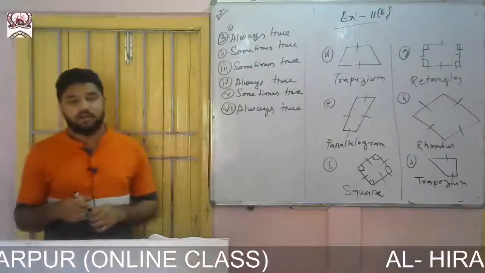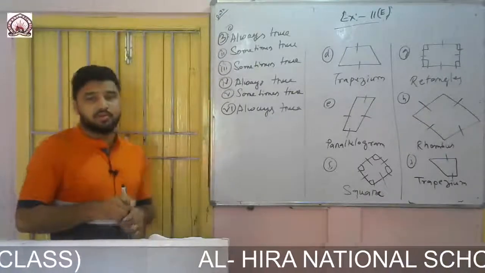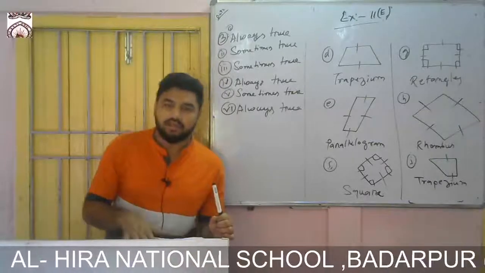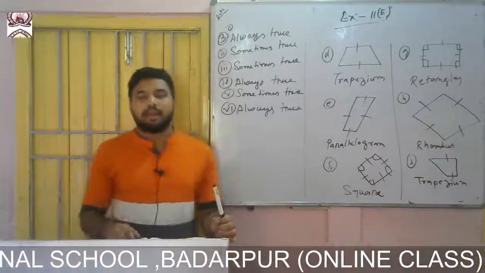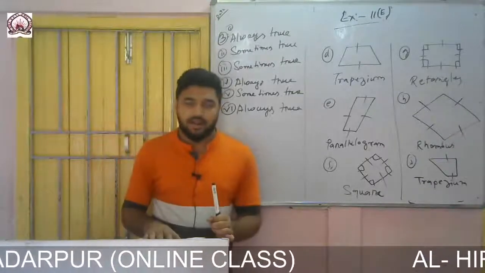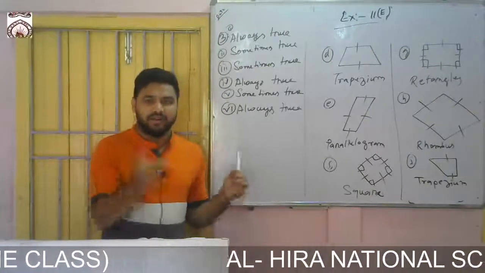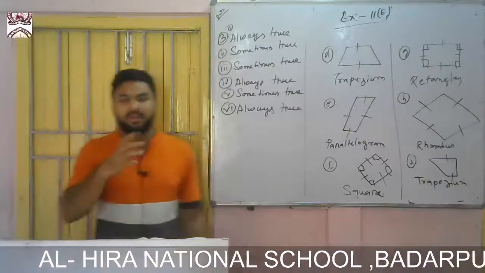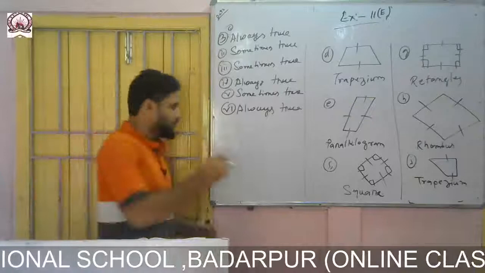A square is a rectangle. Yes, you can say that a square is a rectangle. How? Always, because in a rectangle there should be 4 sides, and in a square there are 4 sides. In a rectangle all the angles are 90 degree, in a square all the angles are 90 degree. In a square the opposite sides are parallel, in a rectangle opposite sides are parallel. So whenever we draw a square, we can judge all the characteristics of a rectangle are there. Only one difference is there, that the diagonals are not matching, but the basic characteristics are matching. So we can say it is always true.